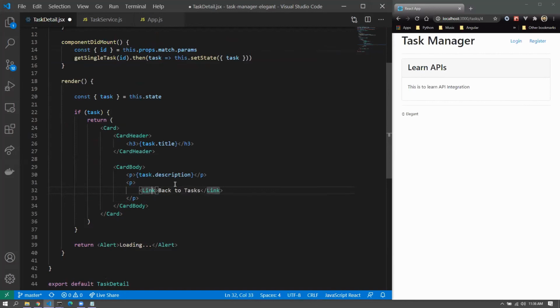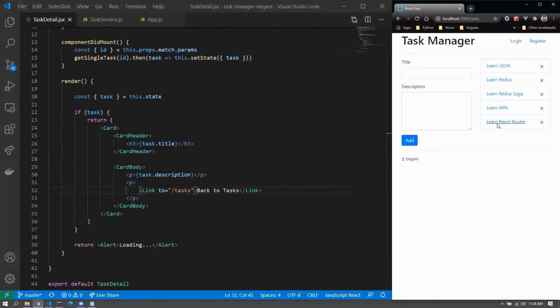Back to tasks, and this should be like 2 tasks. This should take me back to the tasks. All right. So again, no refresh whatsoever. It is working as it is expected to as a single page application, and we are getting back to tasks